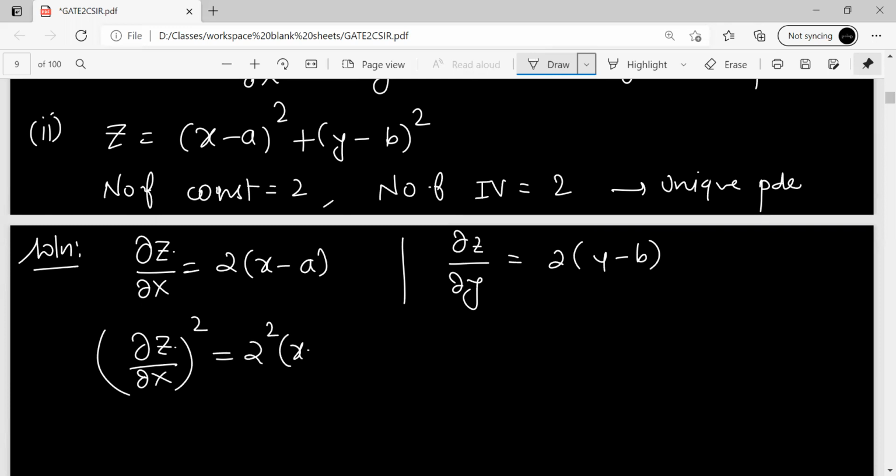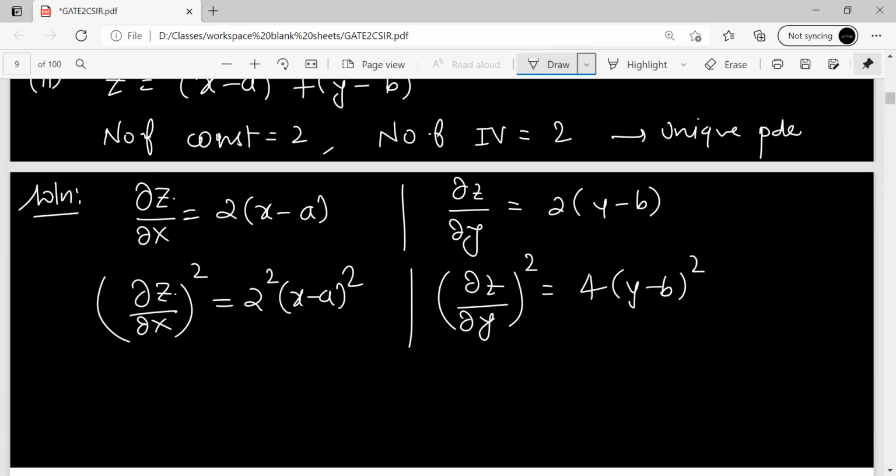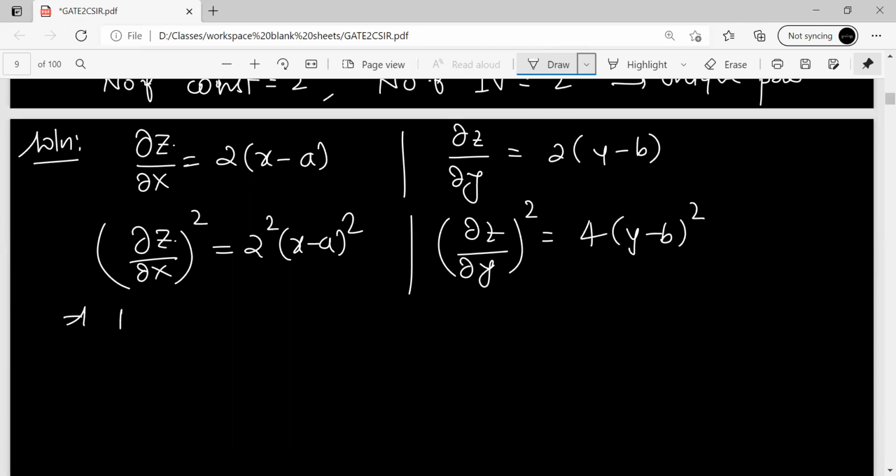So 2 square times x minus a square. Here you're free to make any move. You just have to eliminate the arbitrary constant. That is your goal. You can do whatever you love. So just take here 1.4 and write down del z over del x square equal to x minus a